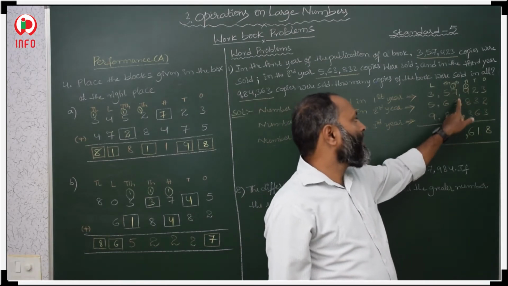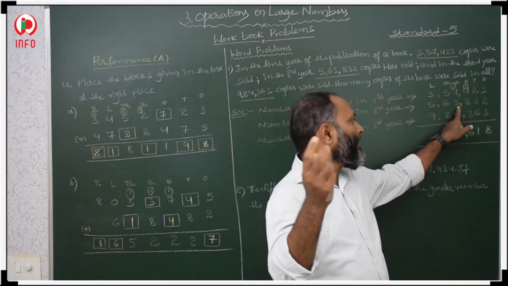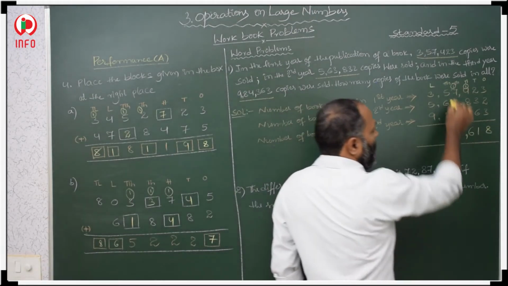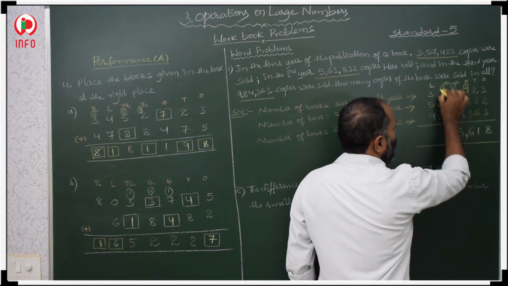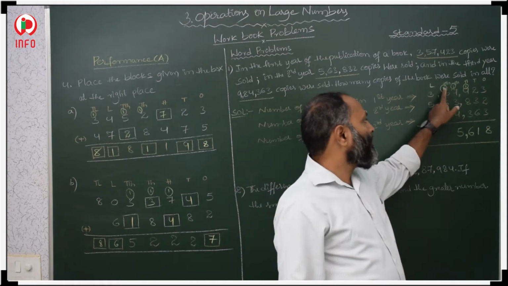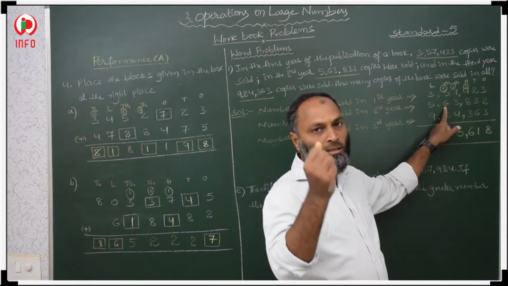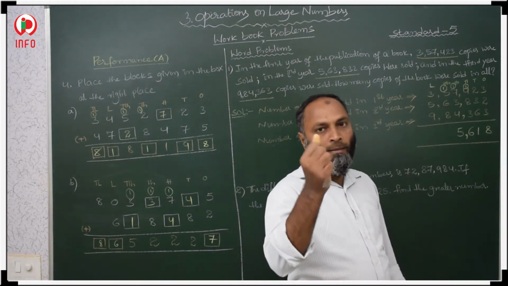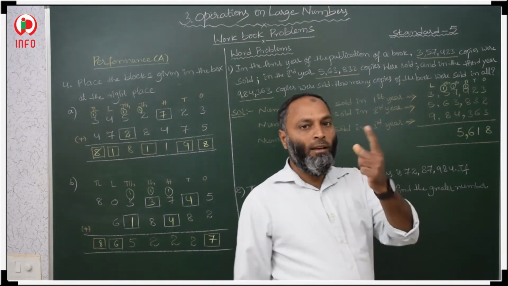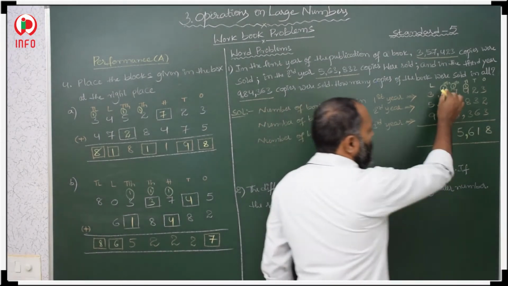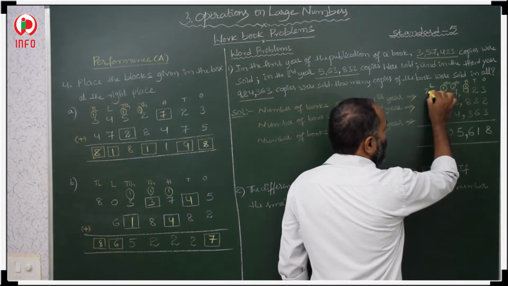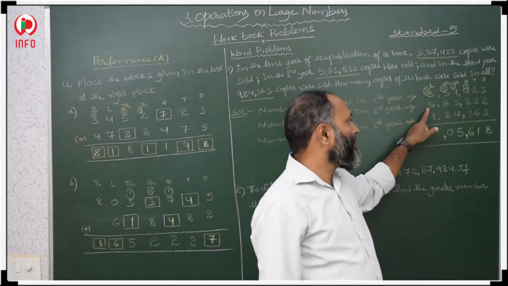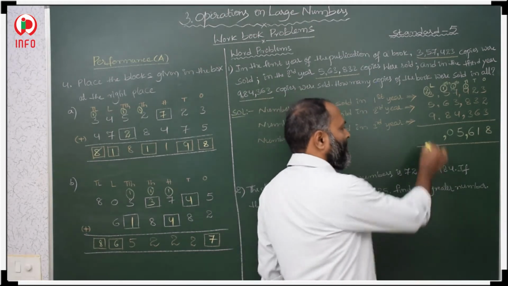7 plus 1 is 8, 8 plus 3 is 11, 11 plus 4 is 15. 5 in the thousands place, 1 to the 10,000s place. Then 5 plus 1 is 6, 6 plus 6 is 12, 12 plus 8 is 20. 20 means 0 in the 10,000s place and 2 in the lakhs place. Then 3 plus 2 is 5, 5 plus 5 is 10, 10 plus 9 is 19.